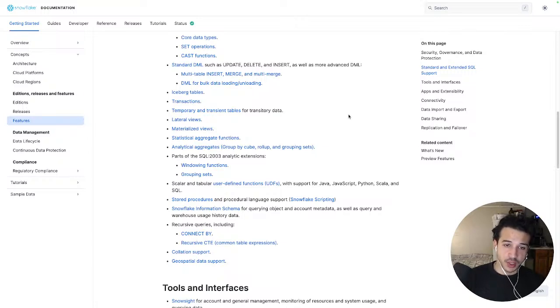by cube, rollup, and grouping sets, parts of the SQL 2003 analytic extensions, windowing functions, grouping sets, scalar and tabular user-defined functions, UDFs, with support for Java, JavaScript, Python, Scala, and SQL, stored procedures and procedural language support, Snowflake Scripting, Snowflake Information Schema for querying object and account metadata, as well as querying warehouse usage history data, recursive queries including